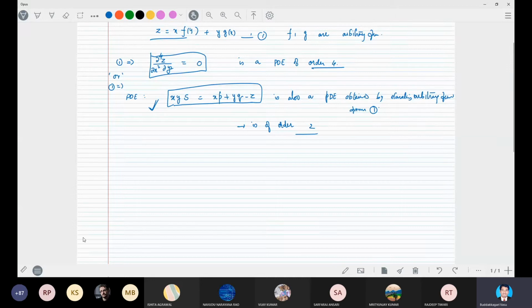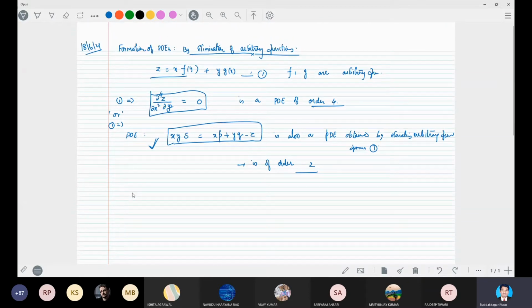So now we look at, sometimes there may be... Here we consider different single valued functions f and g, right? In the previous example, we considered two single valued functions f and g, where x and y are the independent variables, but f and g are single valued functions. Sometimes there may be only one arbitrary function of two or more variables. So have a look at here.